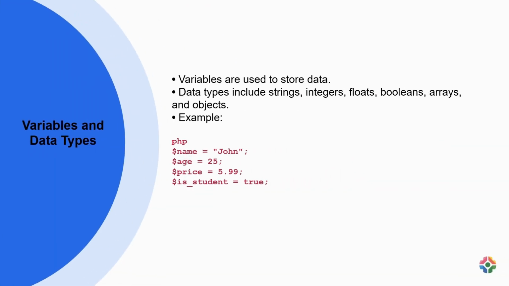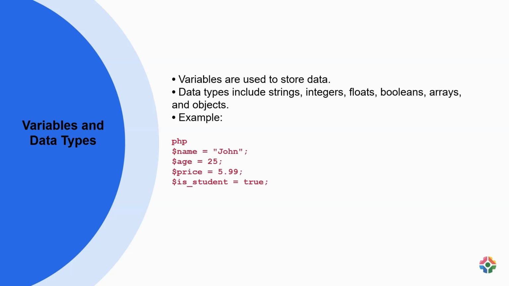Variables in programming serve as containers to hold different types of data for processing. Data types determine the kind of value a variable can store. Some common data types are strings (text), integers (whole numbers), floats (decimal numbers), booleans (true-false), arrays (lists of values), and objects (complex data structures). For instance, in PHP, you can declare a variable like name to store a string value